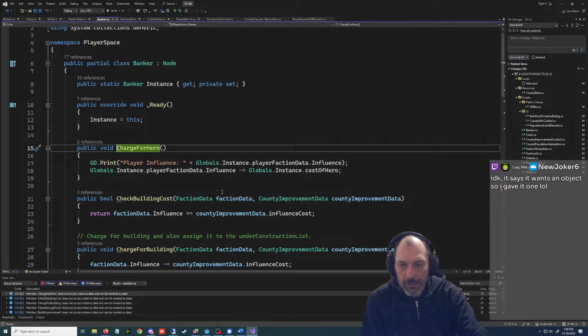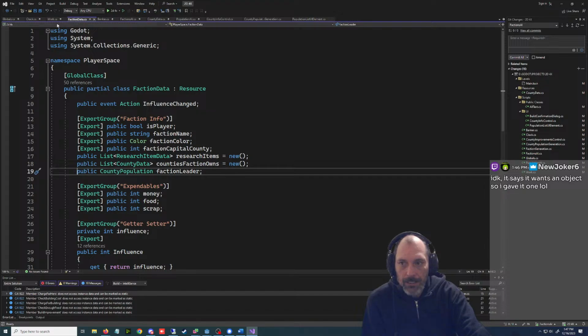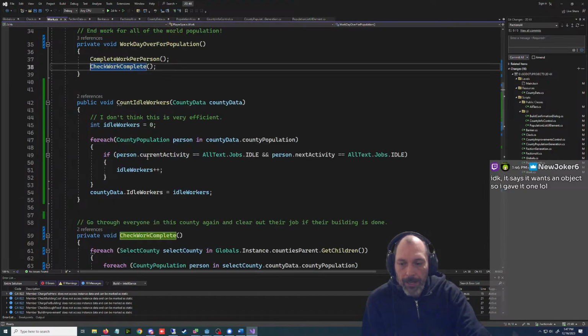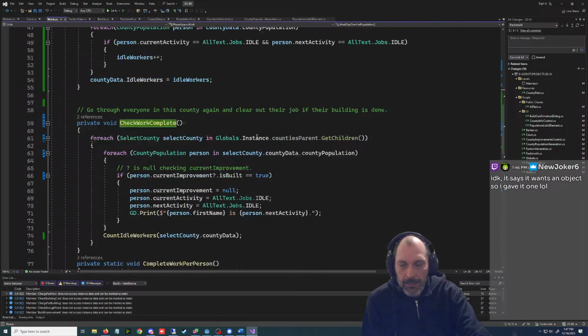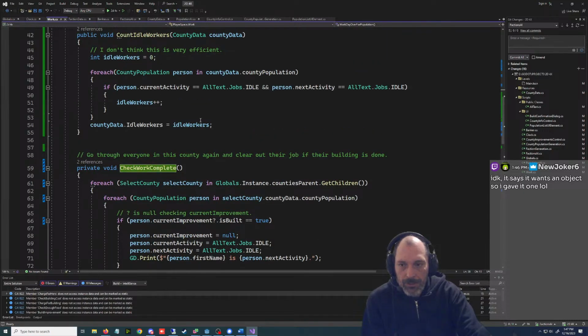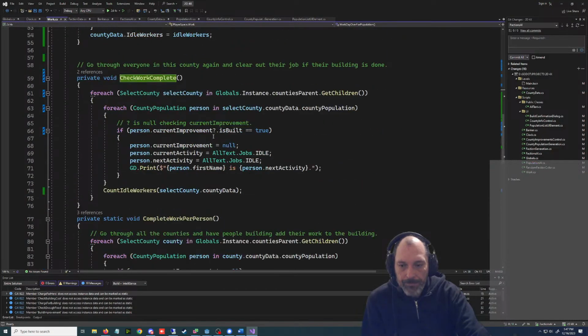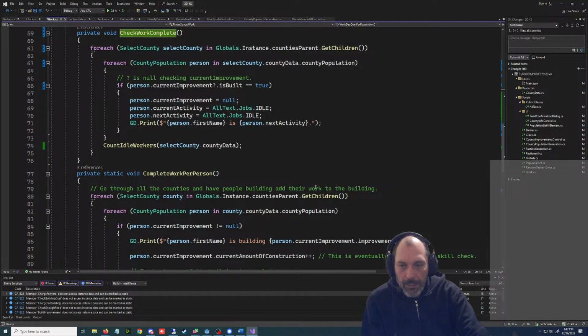And then when I do it, I change something later. Once again, this is not a Unity thing. Unity did not do that. So I don't know what's going on there. Anyway, so we got this check. It's going to count the idle workers, which I guess is fine. And then if the idle workers changes, it updates the other thing. Where are we getting the idle workers currently?